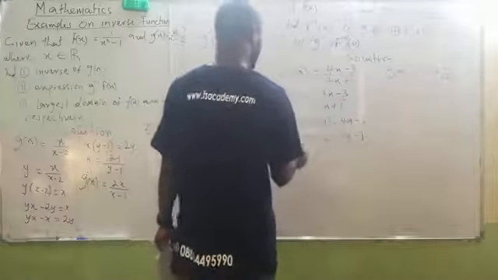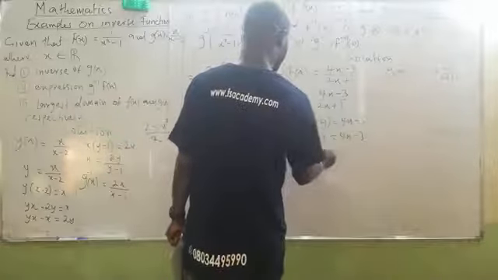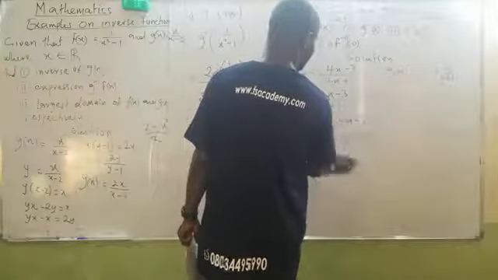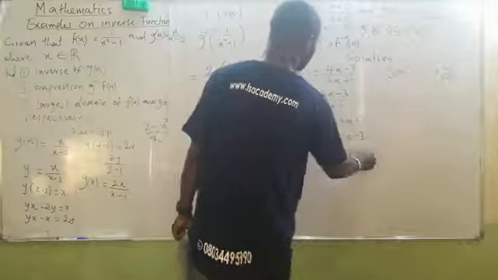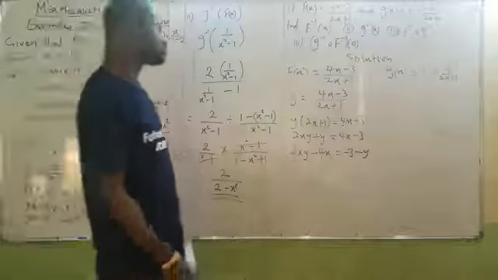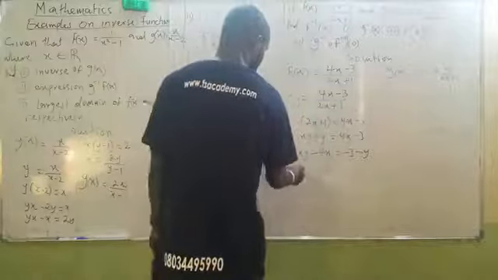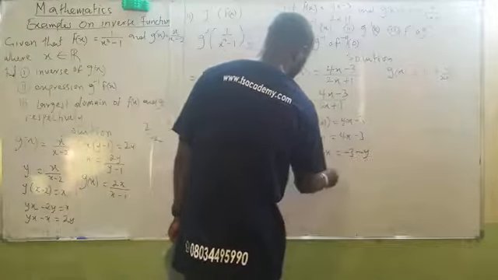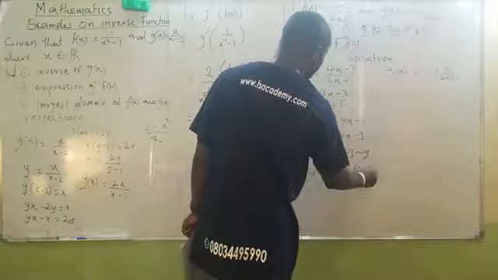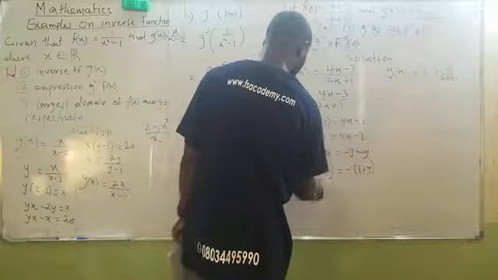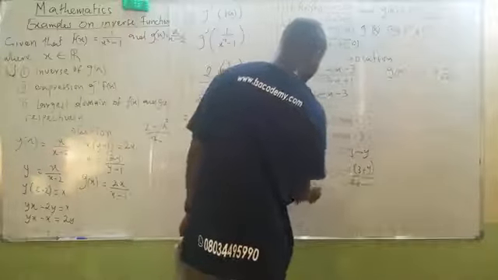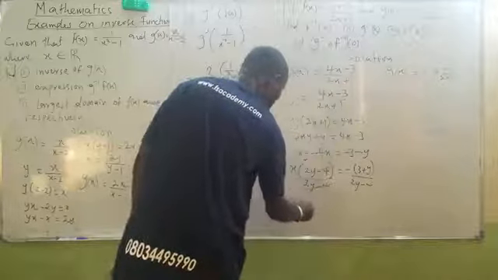Now, at this point, I'll be having 2xy minus 4x equals minus bracket of 3 minus y. Let me not confuse people because I'm just trying to be very nice. Now, divide both sides by 2y minus 4. This will cancel this. Now, it means my x equals